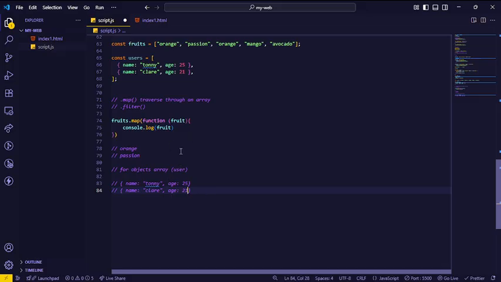We are going to have the filter one. For the filter, if we just decide to use the filter for this instance, if I want to just filter the fruit array, we may want to filter it using a given condition. That is, we want to filter out everything in the array minus some condition, or maybe that meets the given condition. For this instance, let's filter out oranges from this array so that we remain with passion, mango, and avocado. So we are going to just use the fruit array, and then we filter the fruit array